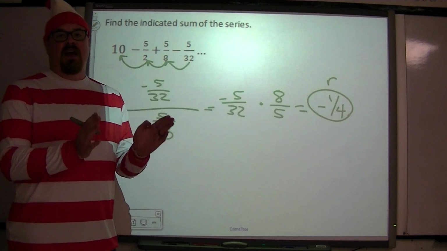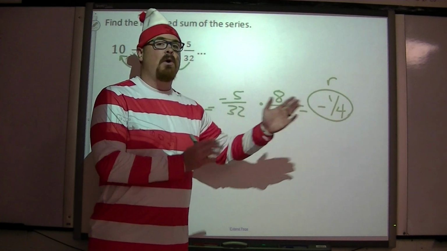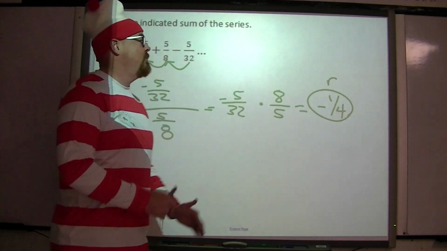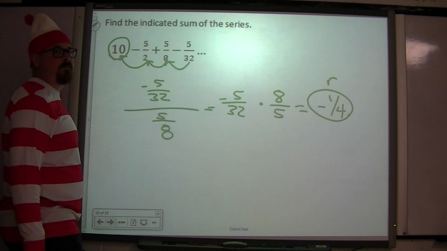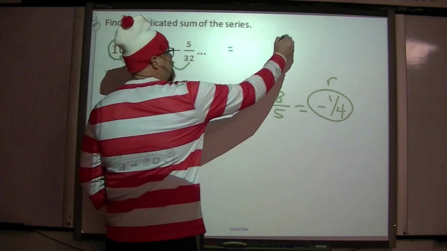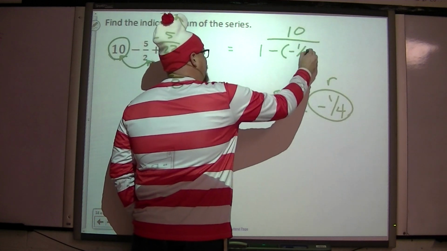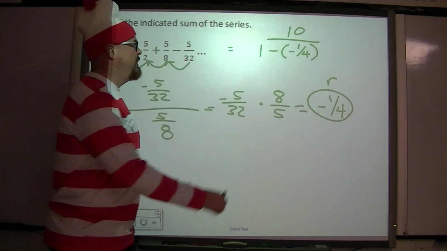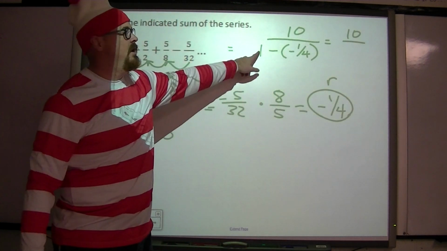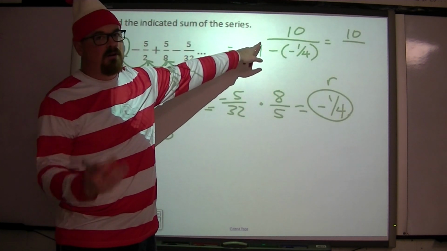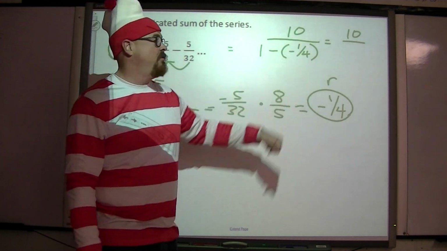Okay? The absolute value there is between 0 and 1. That's what we talked about. We need the absolute value of the common ratio to be between 0 and 1. So we have r, and we have the first term. So the sum here is the first term over 1 minus the common ratio, which is 10 over, what is 1 in terms of fourths? 4 fourths? 4 fourths minus a negative 1/4 is